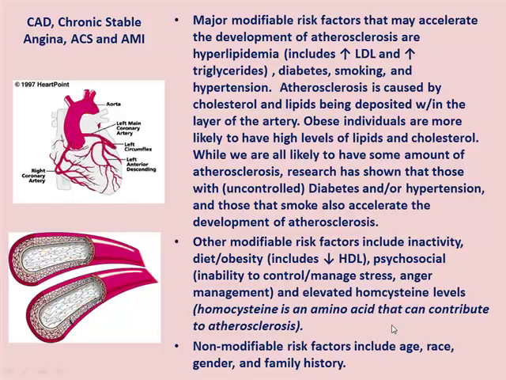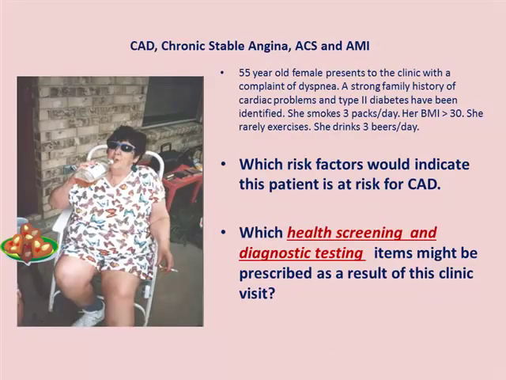Non-modifiable risk factors include age, race, gender, and family history. So when we look at this 55-year-old woman that's presented with dyspnea, we can really identify how she would be at risk for a cardiac problem because she has a strong family history of type 2 diabetes, and with her obesity and the fact that we've measured her height and weight, and so therefore have come up with a body